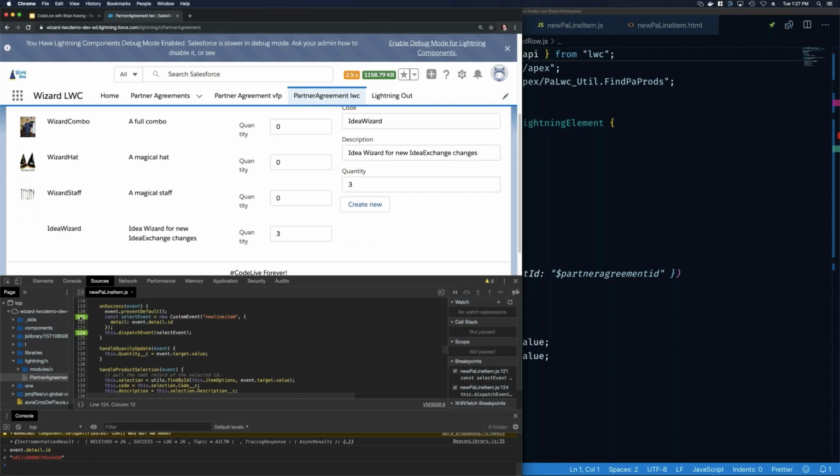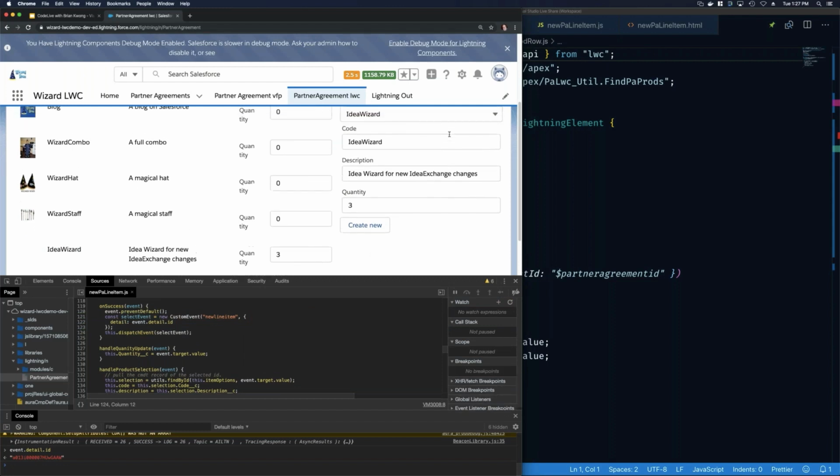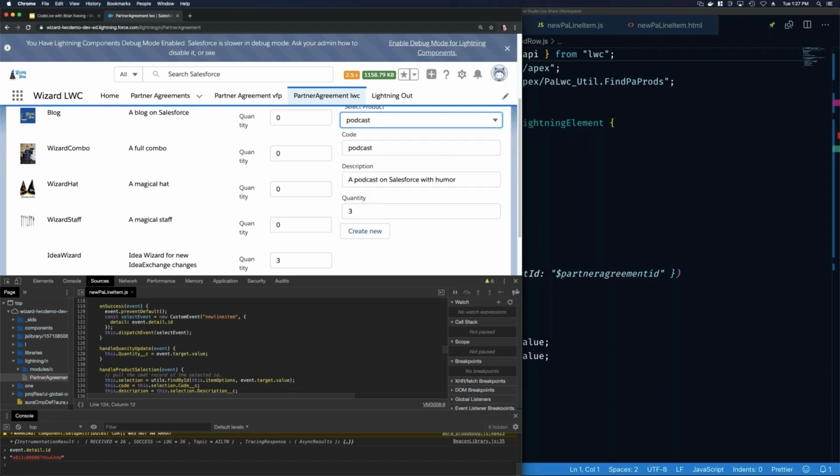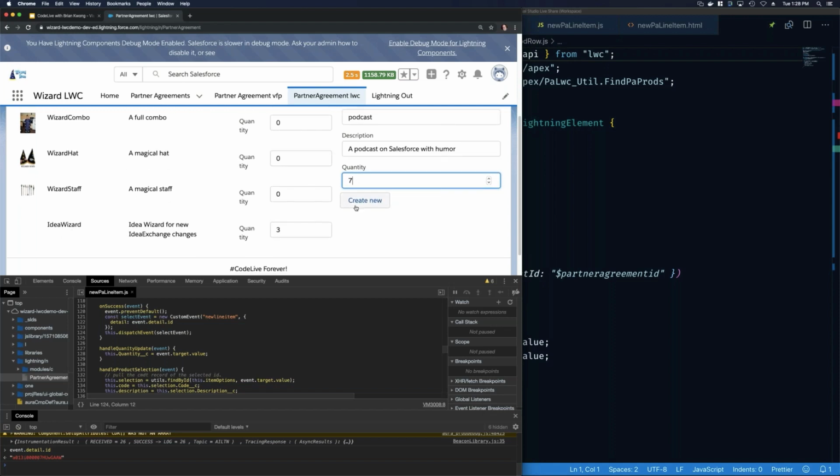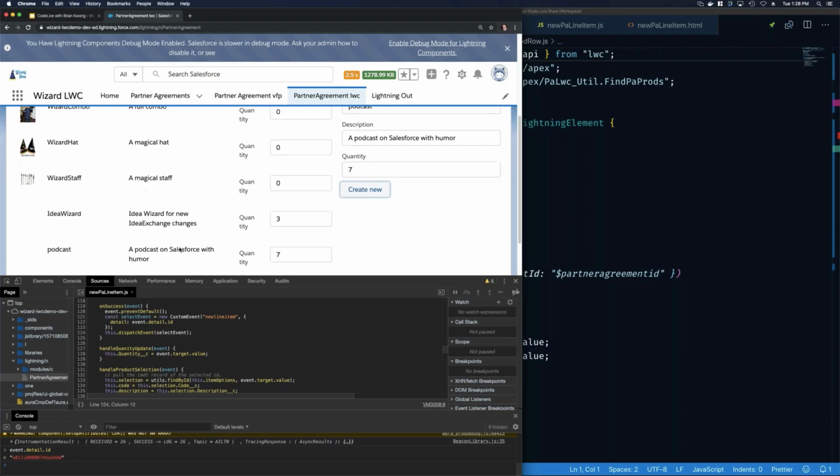Now all that was a little disjointed because of the breakpoints, so let's do another one here that's a little bit more interesting. Let's do a podcast, and we'll say we want 6 podcasts. Oh, not -32. And I'm going to scroll down a little bit more, and if I hit create new, it automatically added it